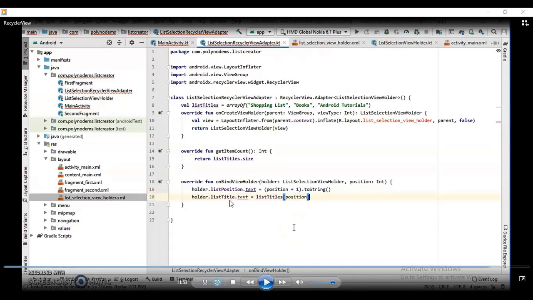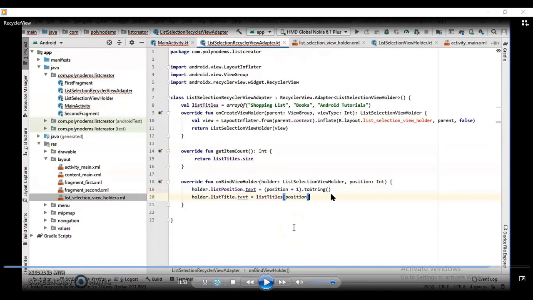So the list position will be accessing these positions, that is 1, 2, and 3, and list titles will be accessed from this array, right? Because the array starts with index 0. So this is array of 0, this is array of 1, this is array of 2. So for that purpose, we are doing it as position plus 1, right?